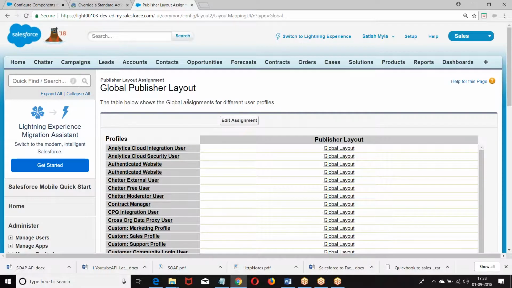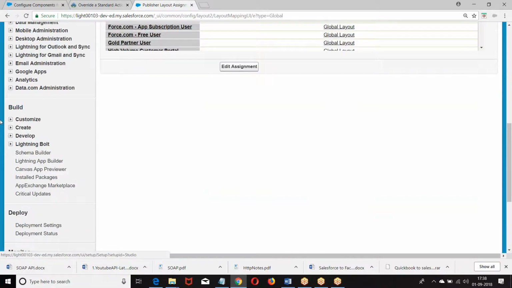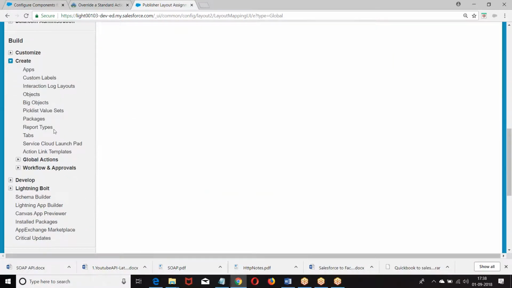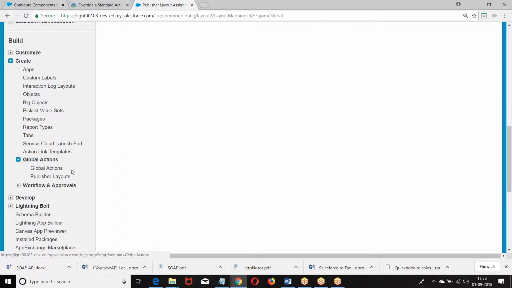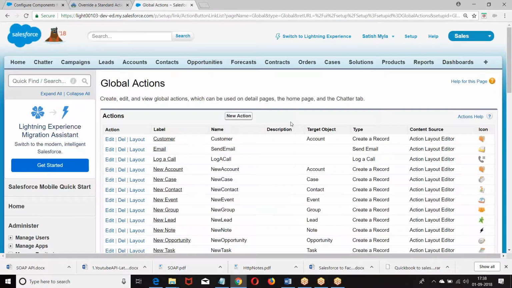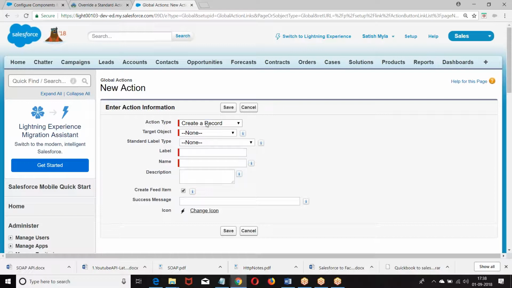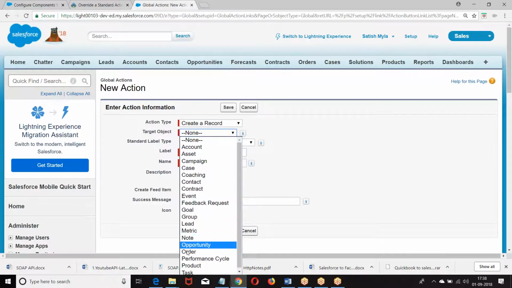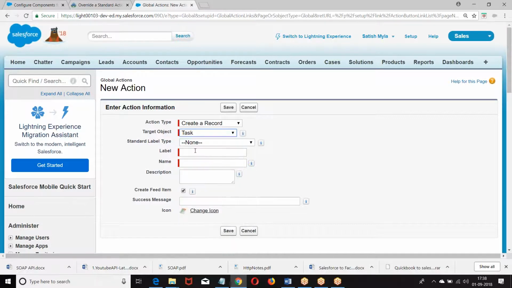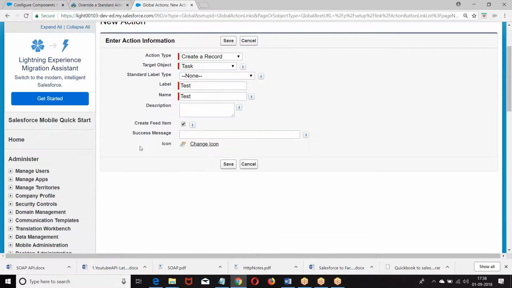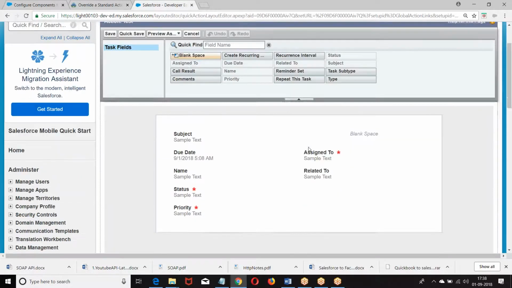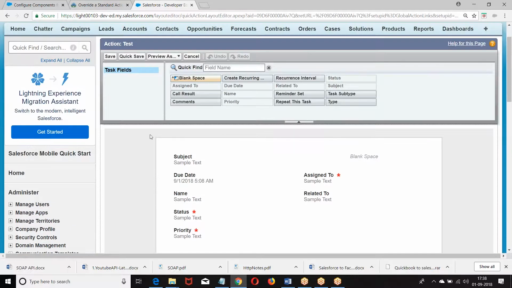This is what? A classic. In the classic, I can create a Visualforce page and add a global action. In the classic, what I can do, go to the global action, new action, we have created this.